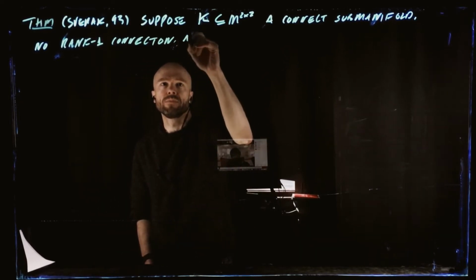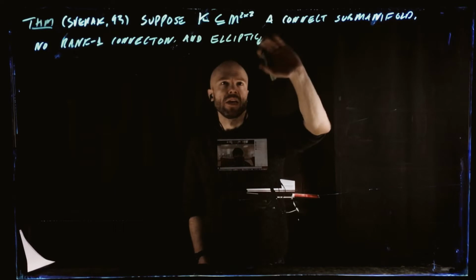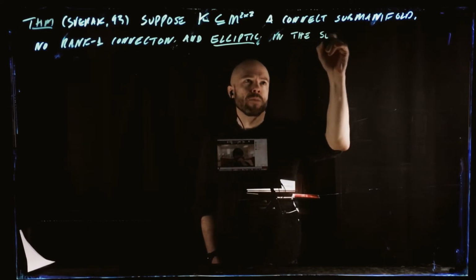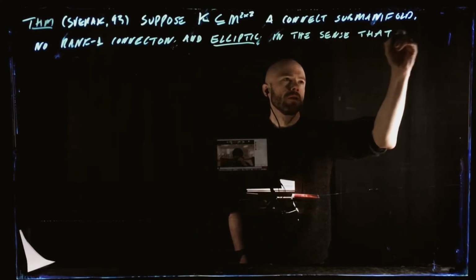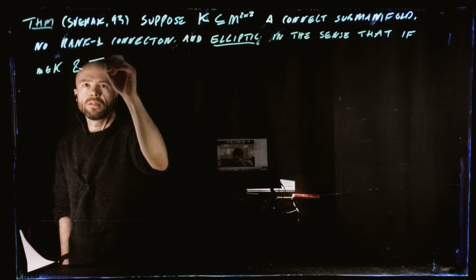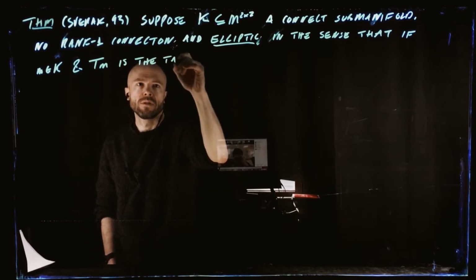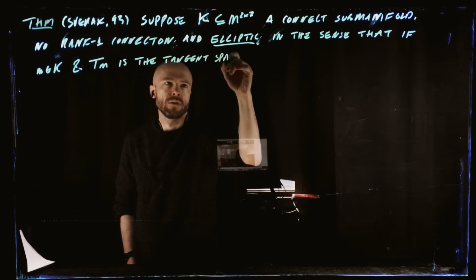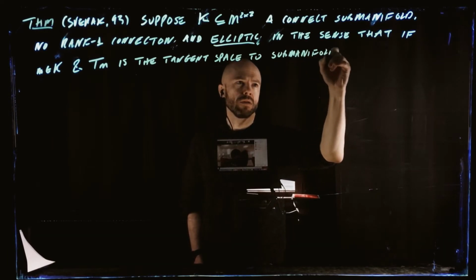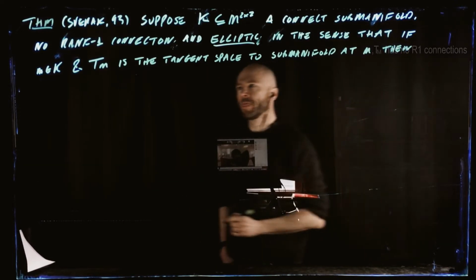And it's elliptic, okay, in the sense that if M belongs to K and T_M denotes the tangent space to the submanifold at M, then given